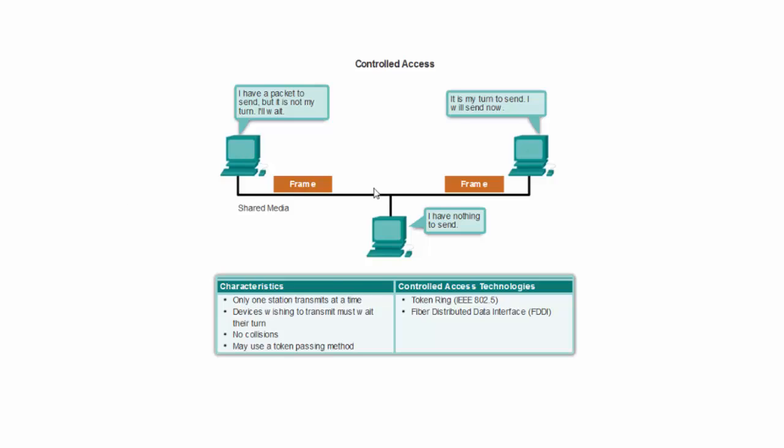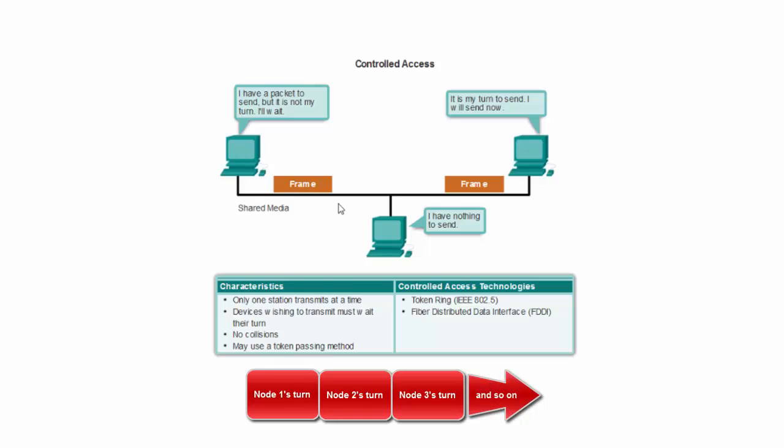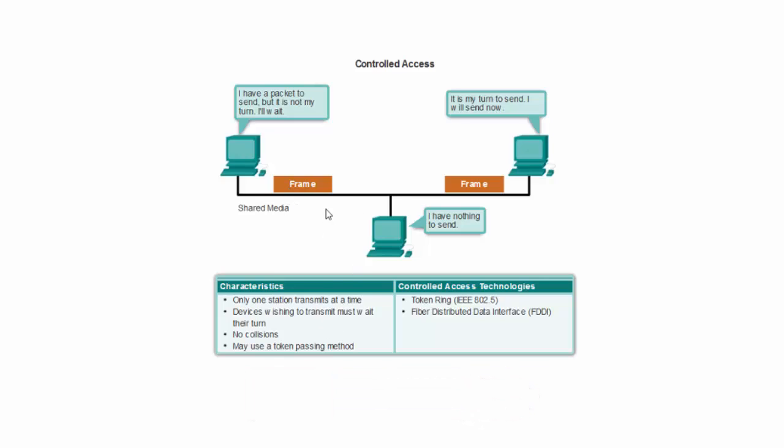So when using controlled access on the other side, controlled access provides turns for each node to access the line. In which case, if each node has its own turn and does not transmit any data at other times, we can organize the access to the transmission medium, and we eliminate collision completely. This type of controlled access is used by Token Ring or 802.5, and